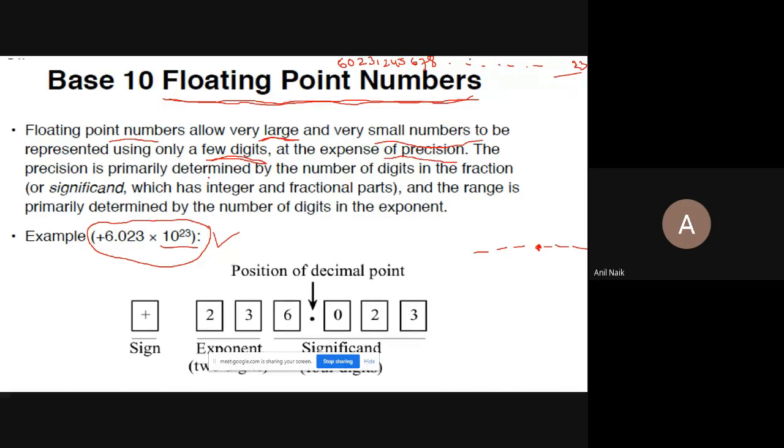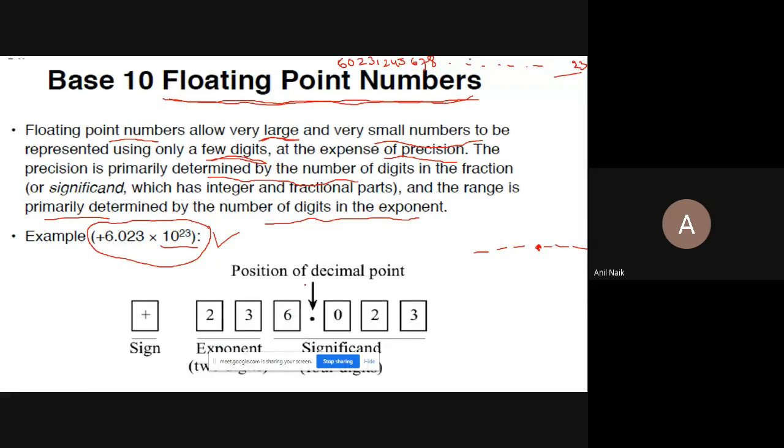The precision is primarily determined by the number of digits in the fraction, and the range is primarily determined by the number of digits in the exponents. The range is determined by the number of digits here, the exponent 10 raised to 23. Okay,